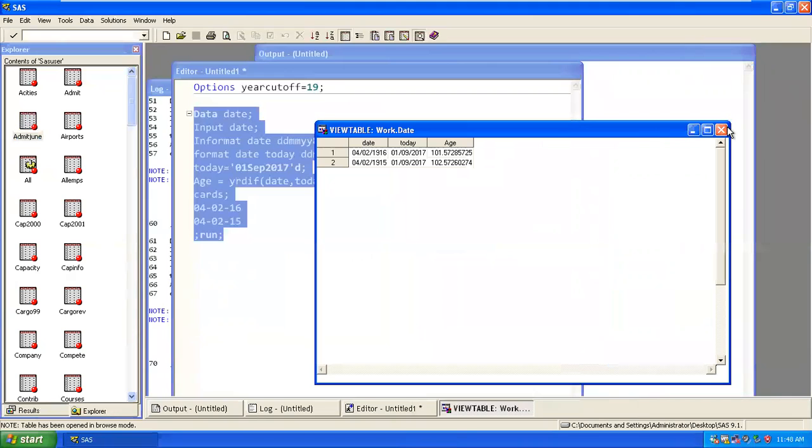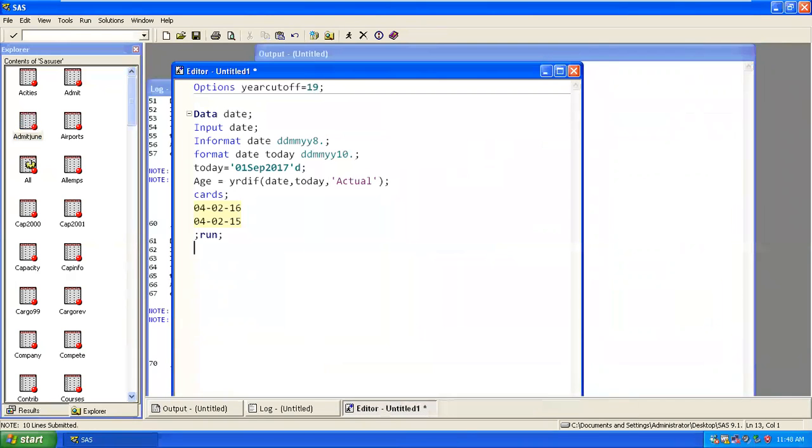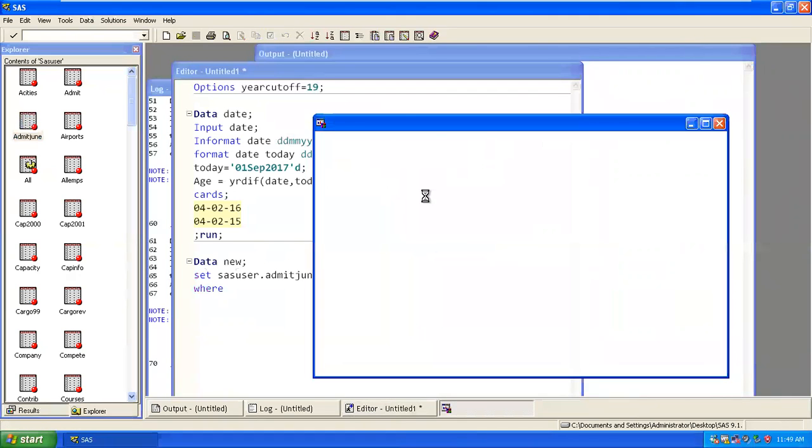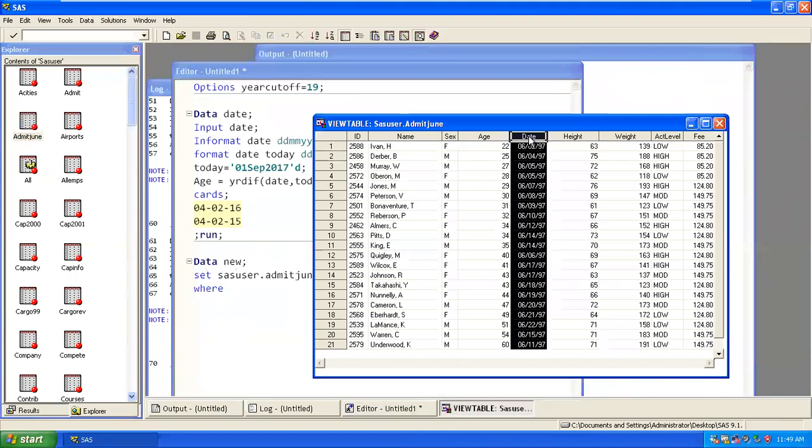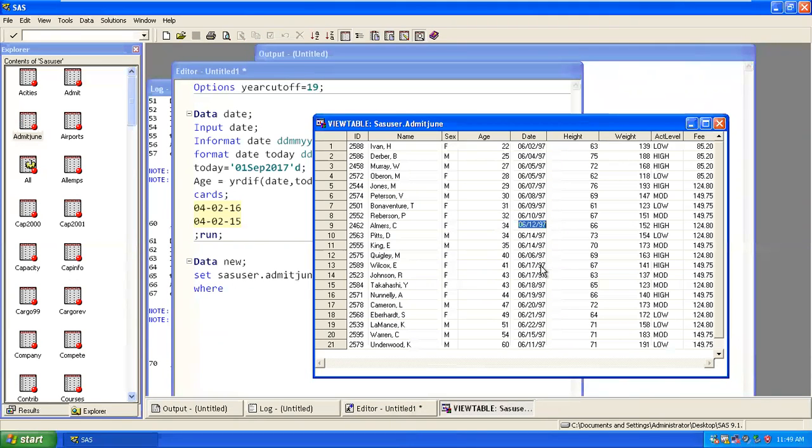We cannot just write the date as it is displayed. So let's say I want to create a new date with the help of your SAS user dataset. If you're using a where clause to filter data, you go to the condition and look at the date column. If I want to know only the date for 6/14, this is the format which is available.